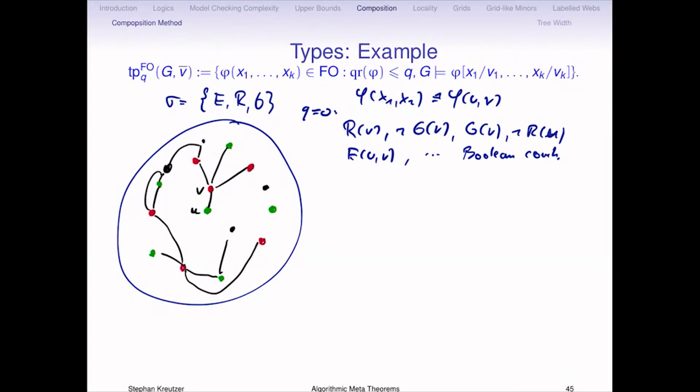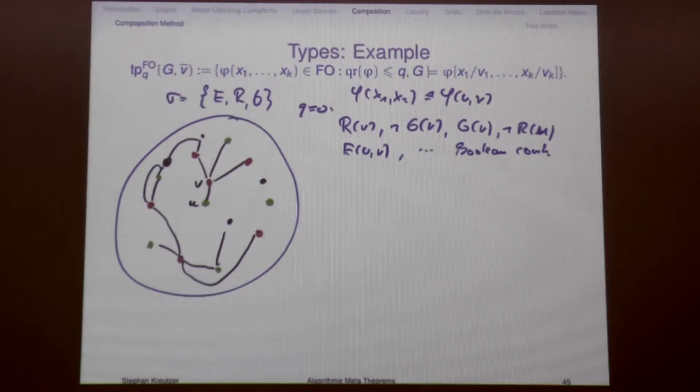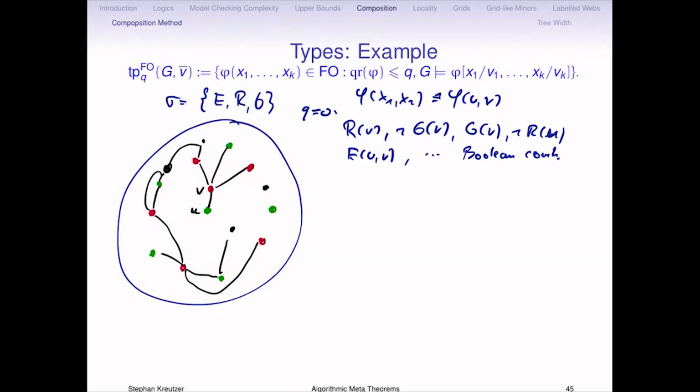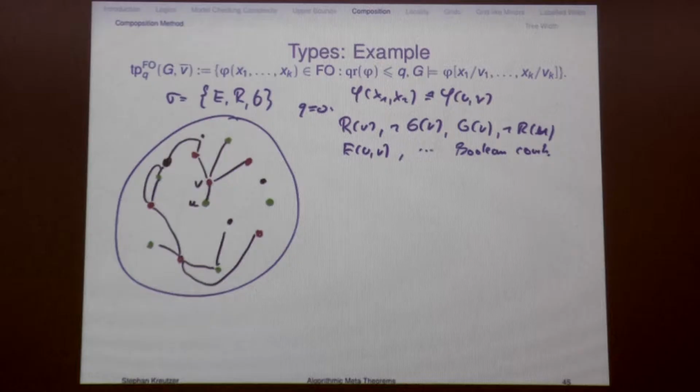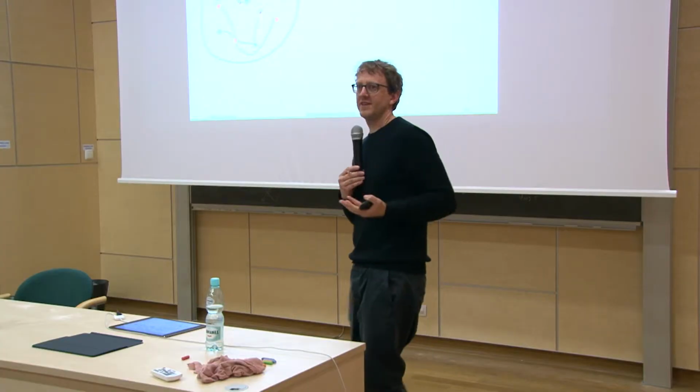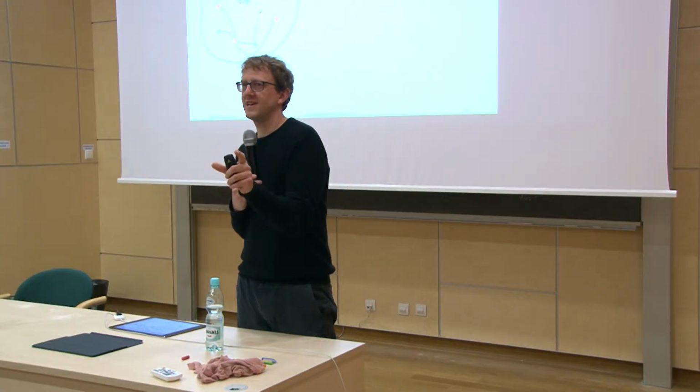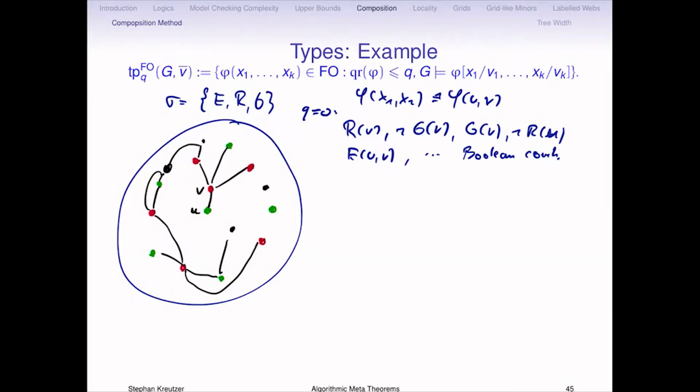And we want to describe exactly how these 2 vertices look. The atomic type describes entirely what happens with these 2 vertices: if there's an edge between them or not, and if they're red or green or nothing. For instance, if you fix this type and you take any other pair of vertices like these 2, and you plug this one in for U and this one in for V, if it satisfies the same type, it means they look exactly the same on the quantifier-free level. Because one has to be green, the other has to be red, none has 2 colors, and there's an edge between them. It describes basically up to isomorphism the substructure.